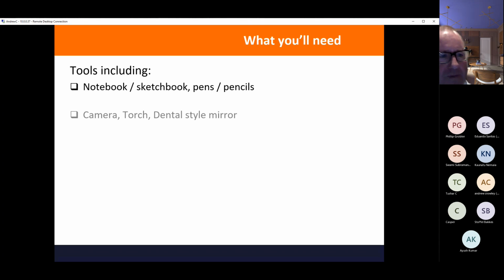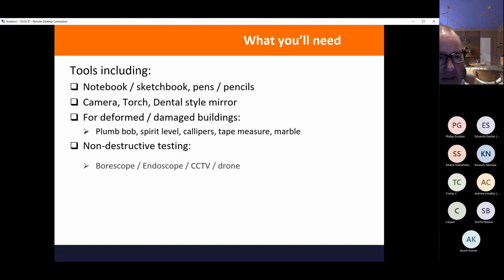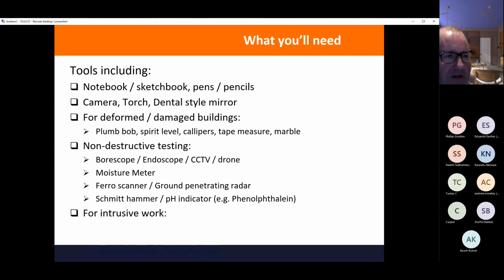Tools. Well, let's go the old-fashioned route. Notebook, sketchbook, pens and pencils. Now, these days, you might want the digital equivalent of a touchpad or an iPad to scribble on. Cameras are always useful, and most good smartphones have decent cameras nowadays.